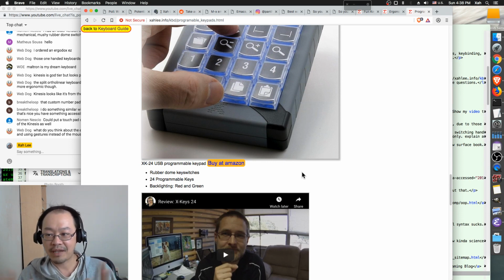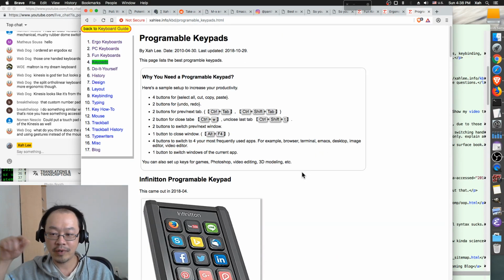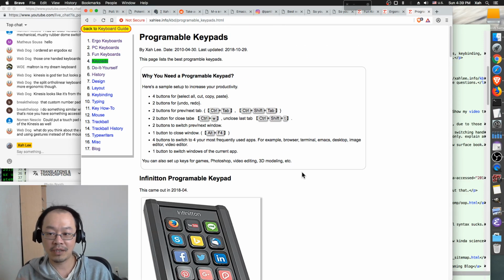That always has glitches. It doesn't matter if it's on Linux, on Windows, on Mac, it always has problems. Sometimes it doesn't work, or in some applications it doesn't work. But with the firmware, these programmable keypads with memory on them, it always works, 100%, because the keyboard is actually sending the correct signal. So that is why you want the actual programmable keypads, or keyboards with the memory on them. Also, it's important to make sure they have the memory on them.